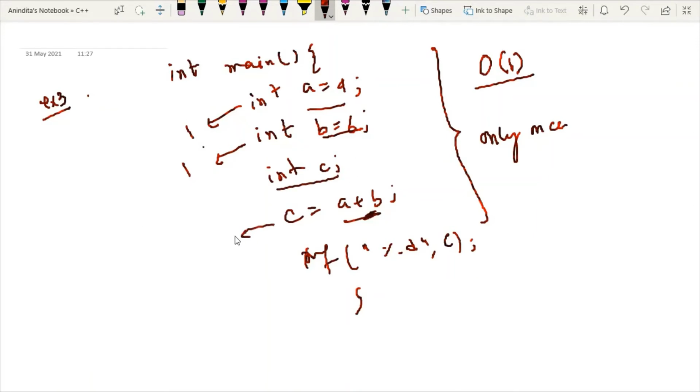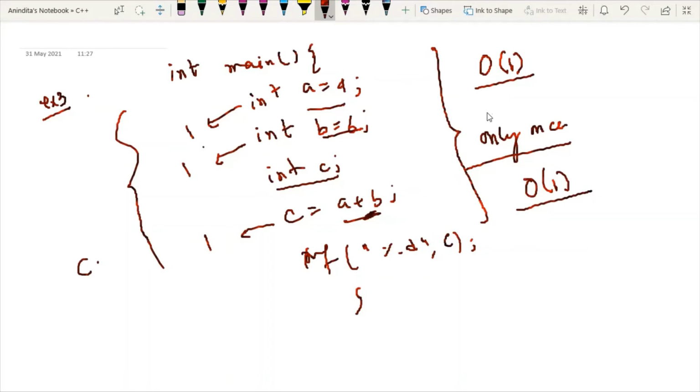Here we have one arithmetic operation, 1 unit of time. Try to understand that for this program we have only constants, and this program will be executed only once because there is no loop. So the time complexity of this code will be order of 1.